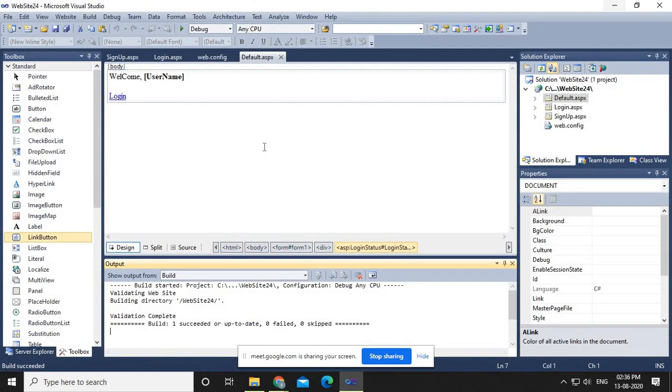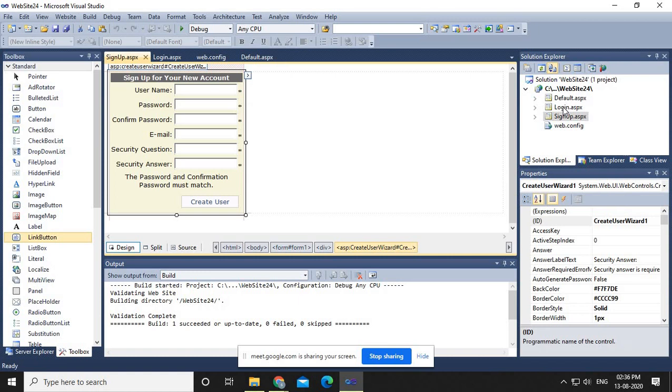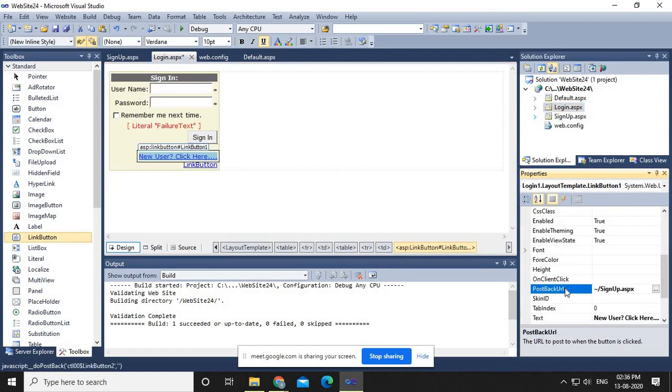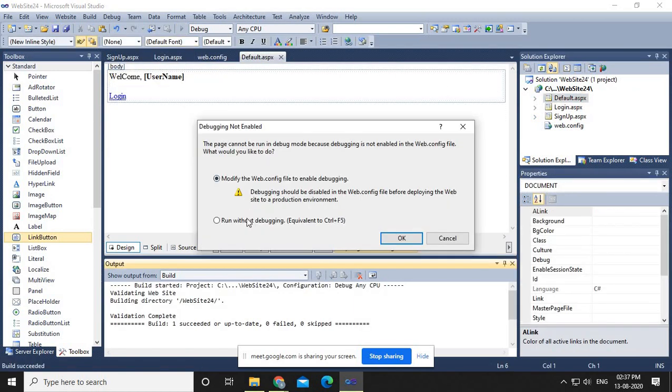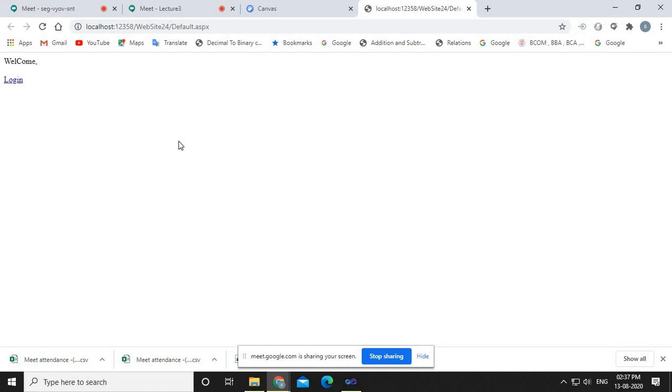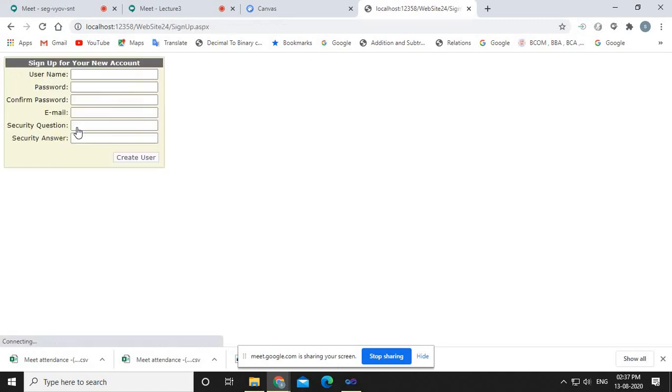Suppose you have disabled JavaScript, then your link button will not work, right? Okay, fine. But this time, if you click here on the new user, then the registration page will automatically open.